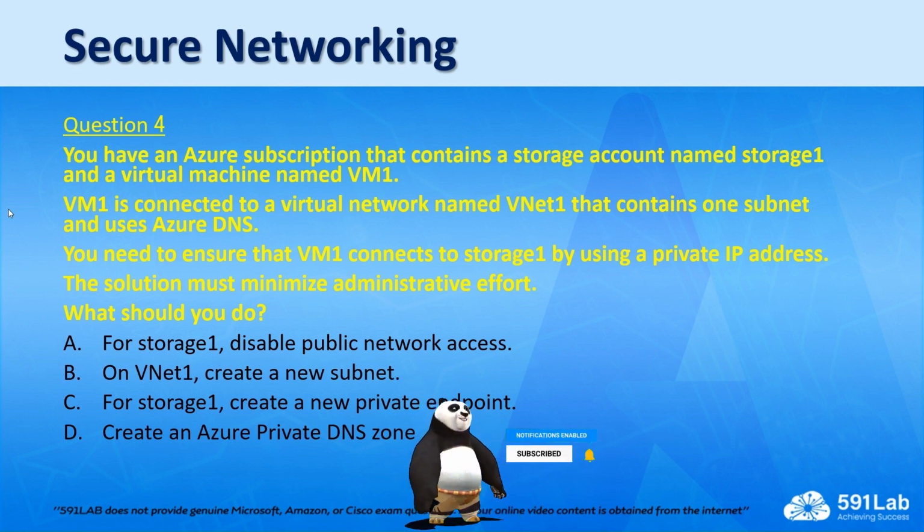What should you do? Choice A, for Storage1, disable public network access. B, on VNet1, create a new subnet. C, for Storage1, create a new private endpoint. D, create an Azure private DNS zone. So I will go to the Microsoft dashboard and then try and explain what the question is needing us to